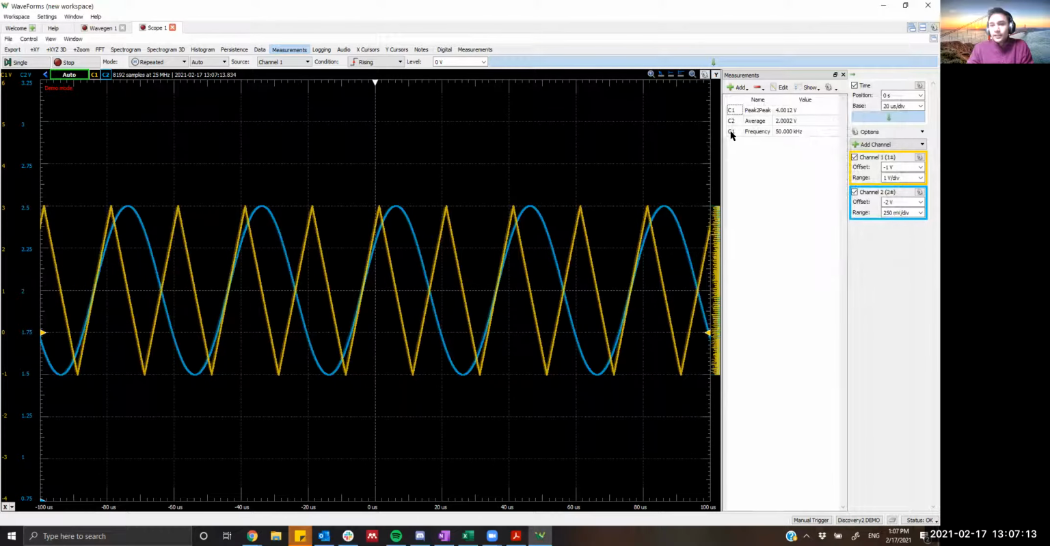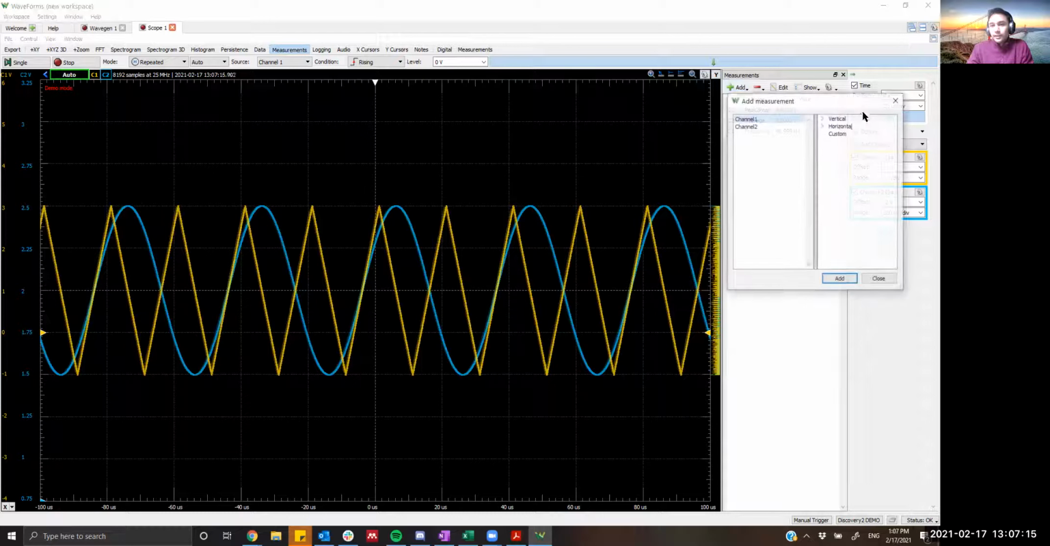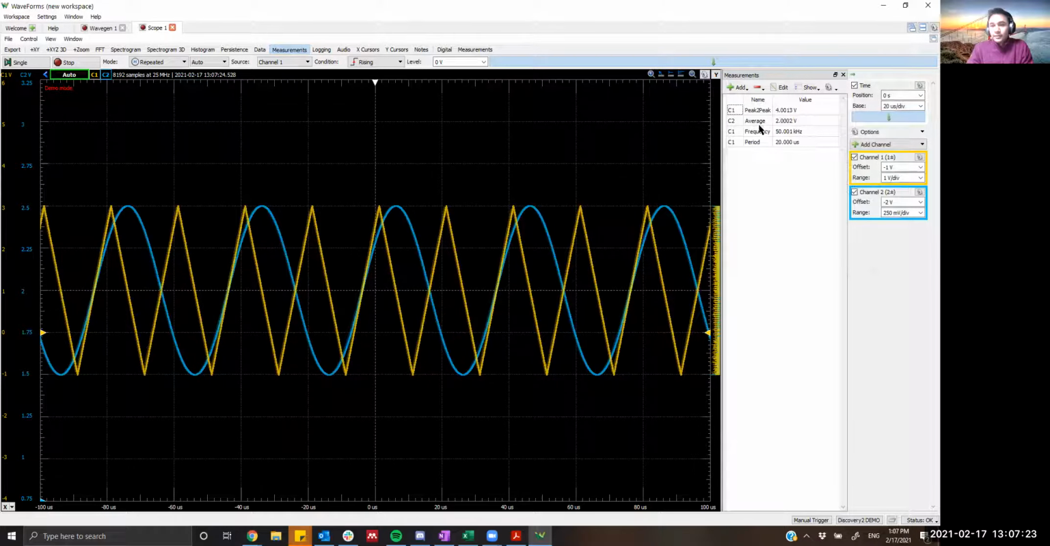Similarly, you can also add time domain measurements like frequency. Or if you're more inclined, you can also add, say, the period of channel 2. So channel 1, the frequency is 50 kilohertz, just like the way we set it up, and the period is 20 microseconds, just like the way we set it up. So that's the way you